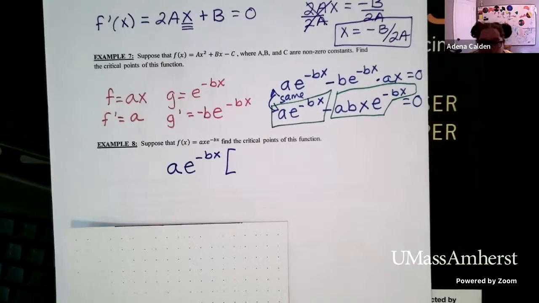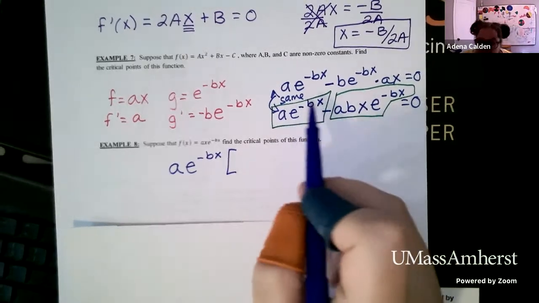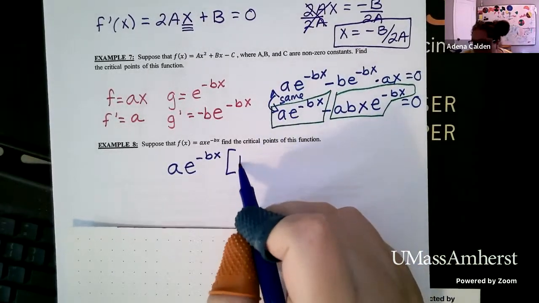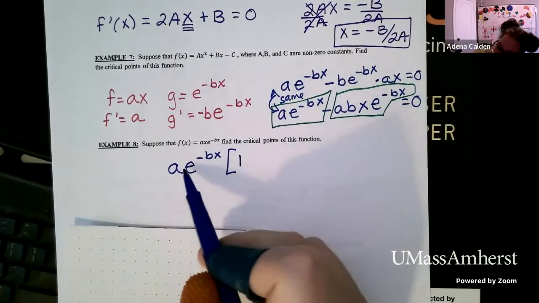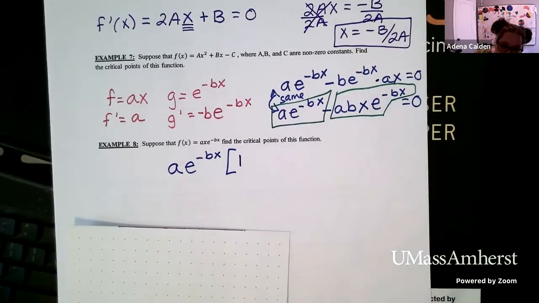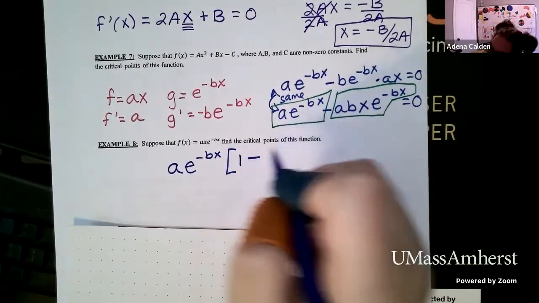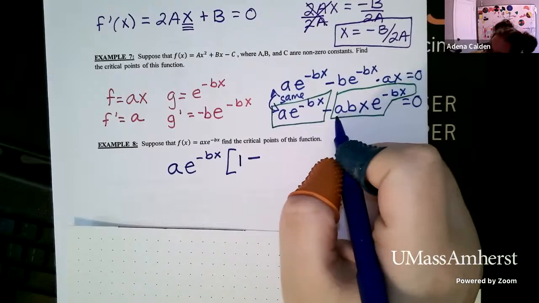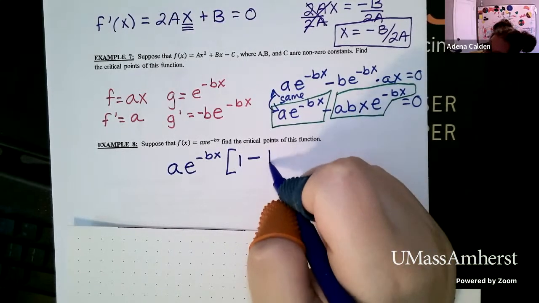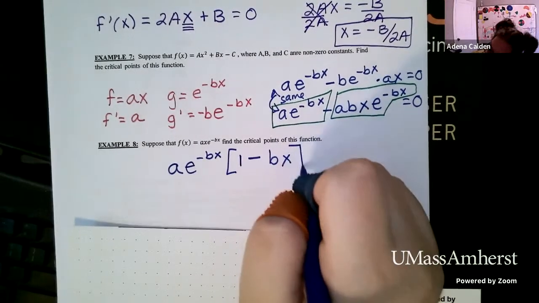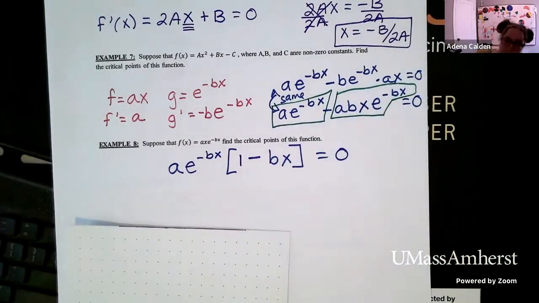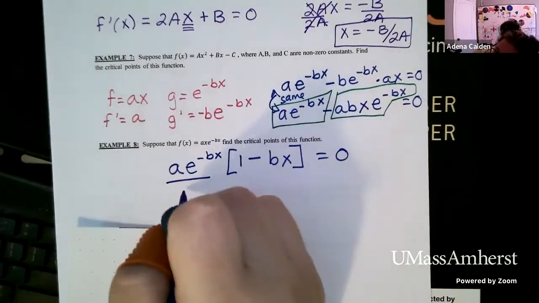So when I look at what's left, I notice that from the first term, I took everything. If I've taken everything, I'm left with a 1 as a placeholder, so that if I were to multiply it back in, I would just have everything I started with. And then from the second term, I've taken the a and the e term, so I'm left with a b times x. Okay, so now I have two factors